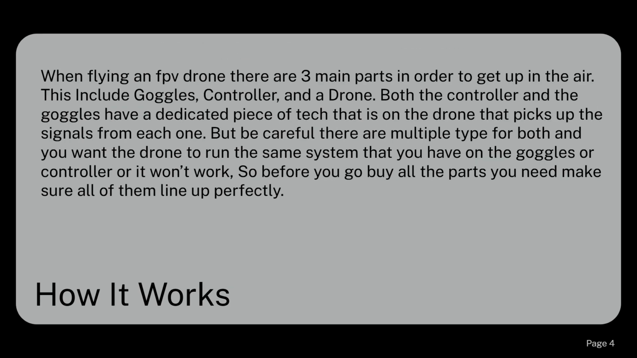How it works. When you fly an FPV drone, there are 3 main parts: your goggles, controller, and drone. Both your controller and goggles have a dedicated part in the drone that picks up the signals and translates it into the, like, kind of like the brain. It translates stuff into the brain, and then it sends those pieces of code from those 2 things and combines it all into a, like,